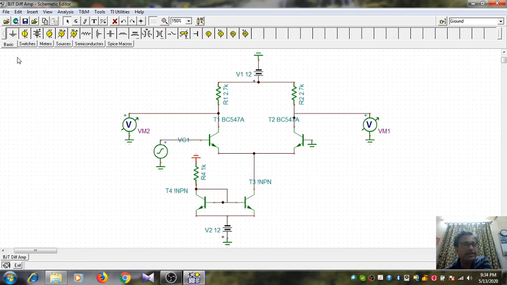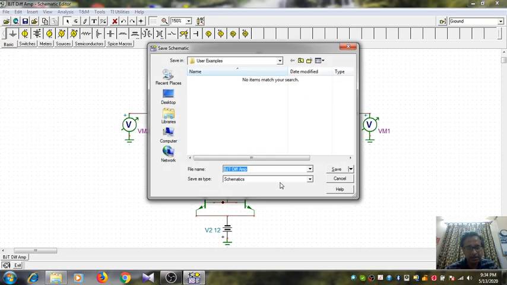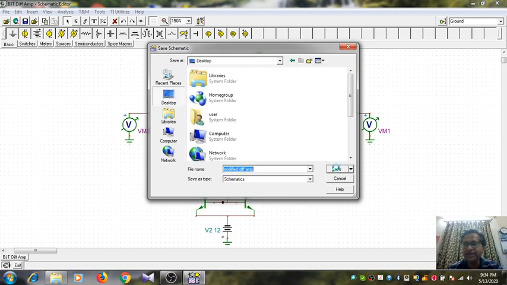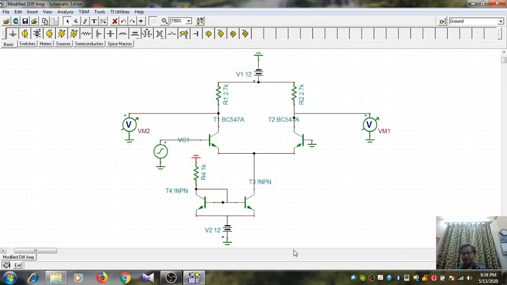What you can do, in fact, is I can save it in whatever name, say the modified one. Modified differential amp, whatever, by this name I save it here. Anyway, so this completes the circuit, but what you have to do is analyze the circuit properly and see that in fact you get nearly 4 milliampere here. That I am not going to do. That you take as a small home assignment.